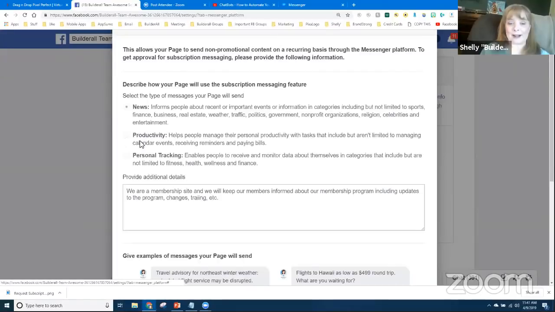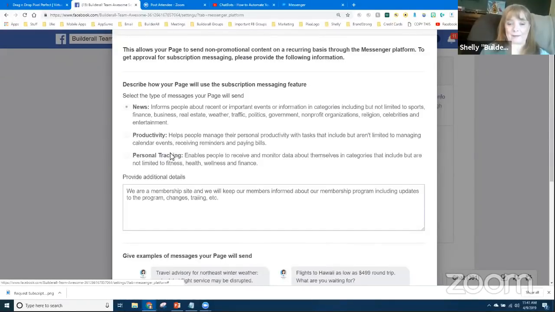The second one is productivity. This helps you manage personal productivity with tasks that include things like calendar events, reminders, and reminders to pay bills, etc. Okay, so that's productivity.